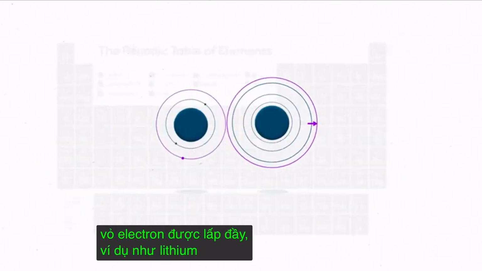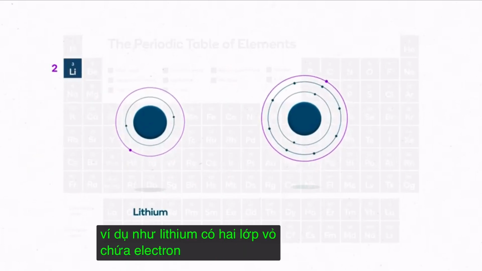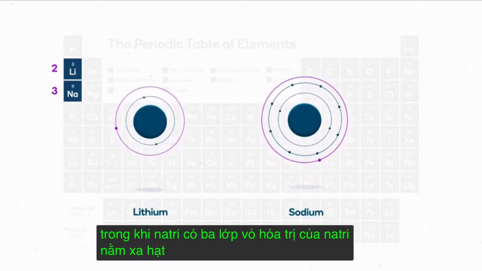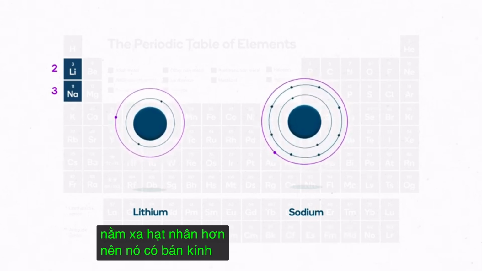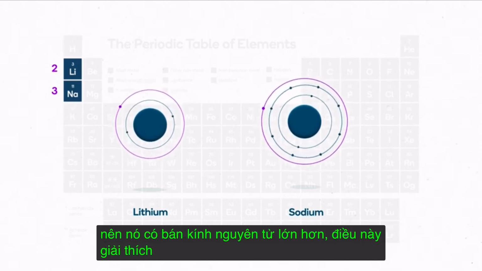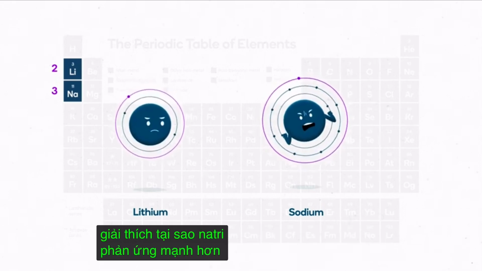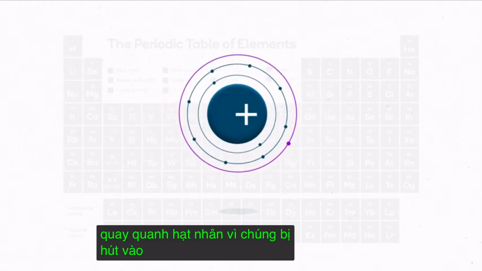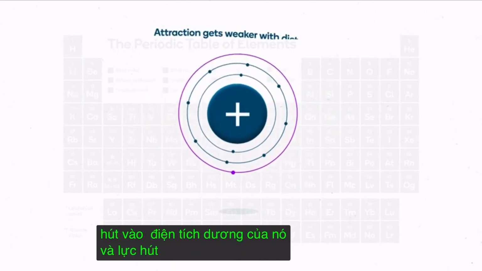For example, lithium has 2 shells containing electrons, while sodium has 3. Sodium's valence shell is further from the nucleus, so it has a larger atomic radius. This explains why sodium is more reactive than lithium. Electrons orbit the nucleus because they're attracted to its positive charge, and this attraction gets weaker